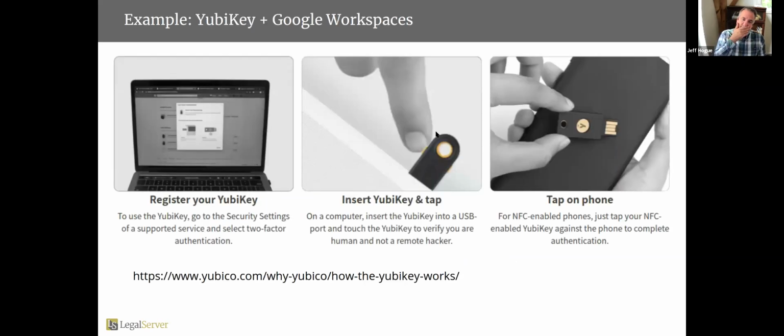So one of the things that you might be able to get through Okta or maybe Azure or Google is an example of one of the kinds of multi-factor that they support that we don't currently. This is one particular company, Yubico, an example of a hardware device that, like I said, essentially has a super long password in it, but it also has this NFC thing where you can tap it against something.